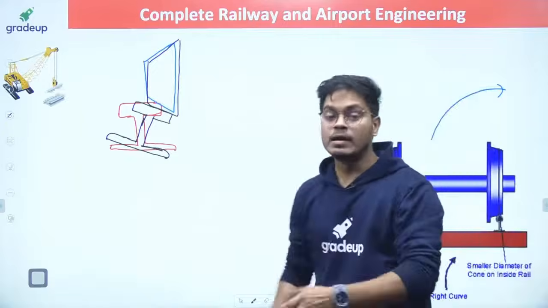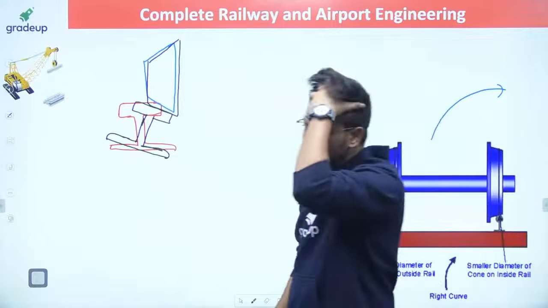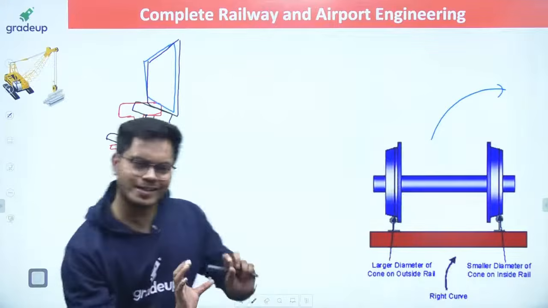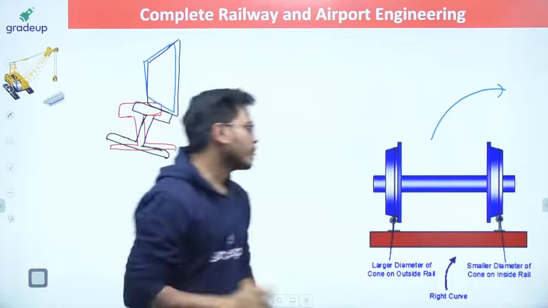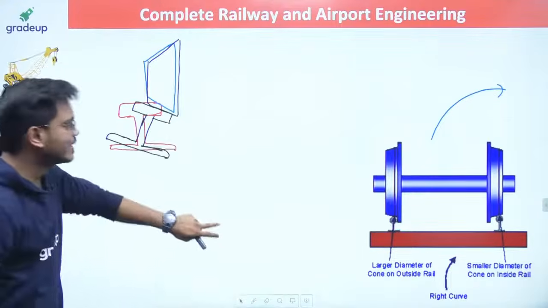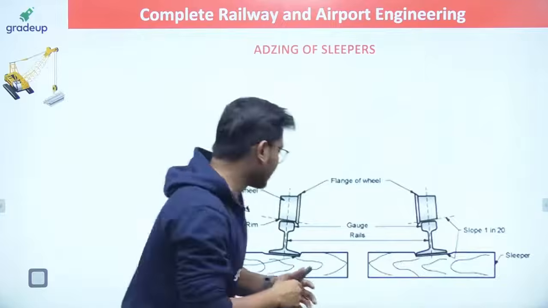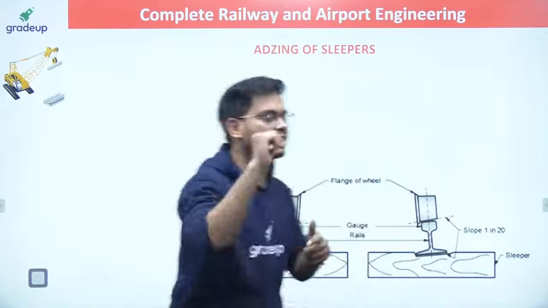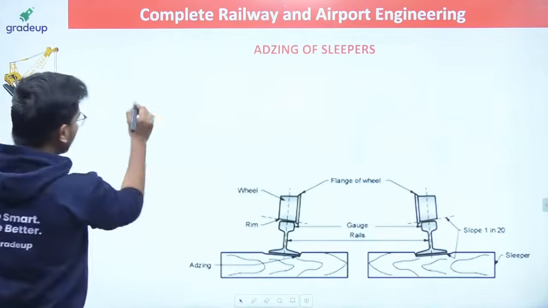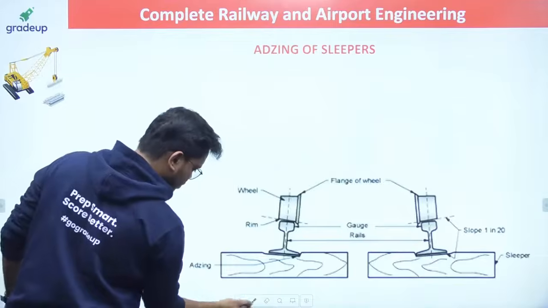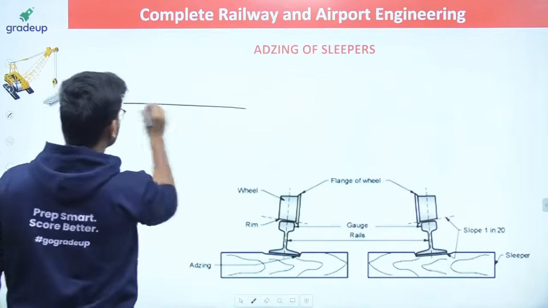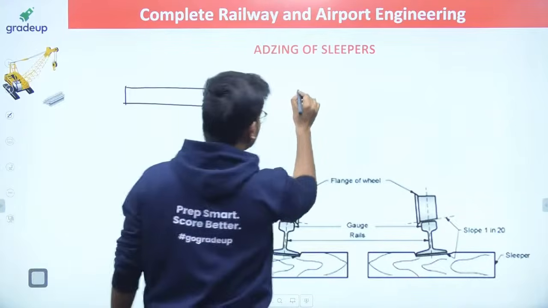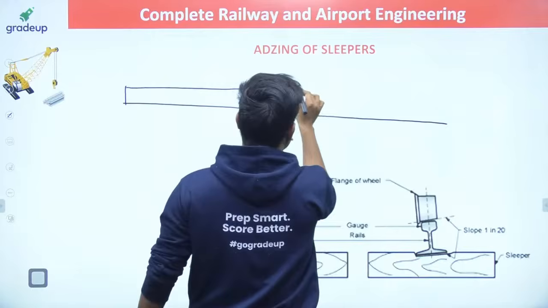Yes, Shivani, we have tilted it. But the question arises, how to tilt a rail? Should I go and tilt the rail and keep holding it? No. For this, we are going to use the edging concept. I am going to do the edging in the sleeper only. How to do that? So right now I have this sleeper. This is the sleeper, which you will see generally like this. So if you want to do the edging, now this is after edging.